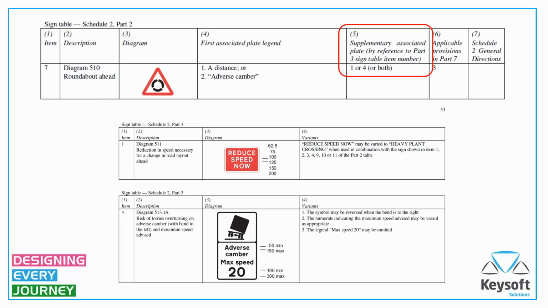So I've just got the extract from the table there. Items 1 and 4 obviously missed out, cut away 2 and 3 there. So here you would have your roundabout warning sign, then you'd have your supplementary plate for the distance, and your reduced speed now, and then the adverse camber warning lorries. There's a risk of lorries overturning. So that'd be quite an assembly. You've got the 4 signs on there. Not uncommon actually to have quite so many signs on there. A little bit difficult from a structural point of view unless you've got software that enables that. So various legends and systems across there. In that case, those Part 3 signs actually only require the 4 columns to cover the variations there.